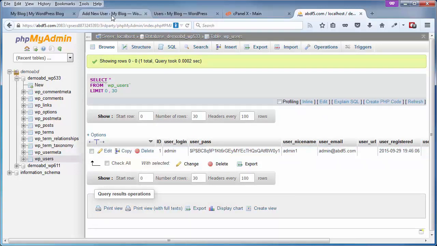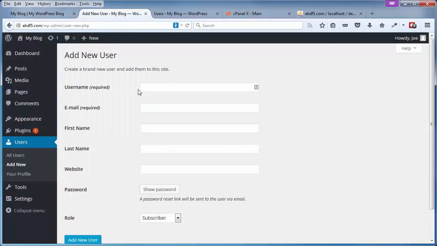If we come on back here to our add new user, we're going to create a new administrator account for us, and we're going to delete the other one. And this new administrator account